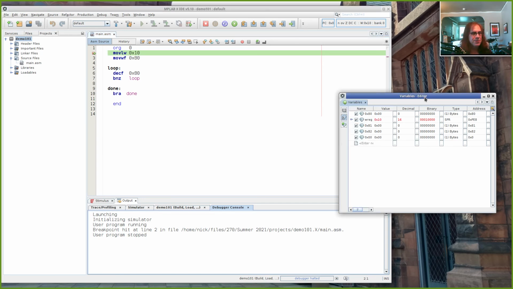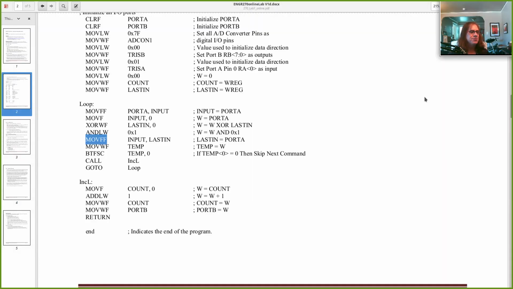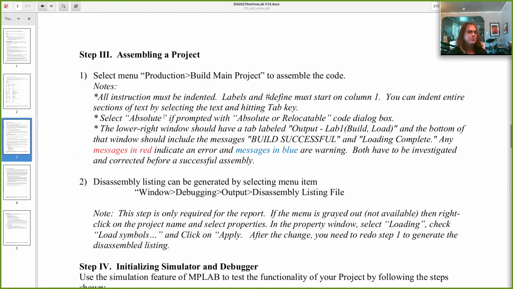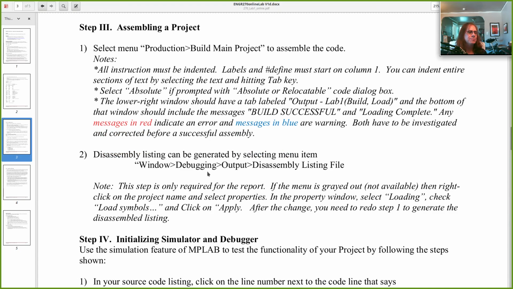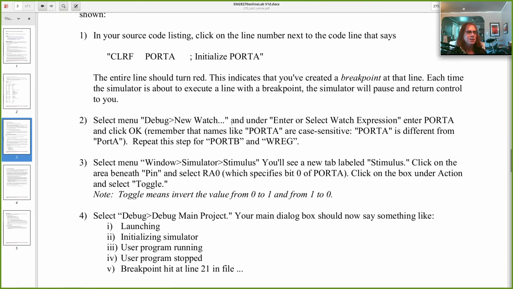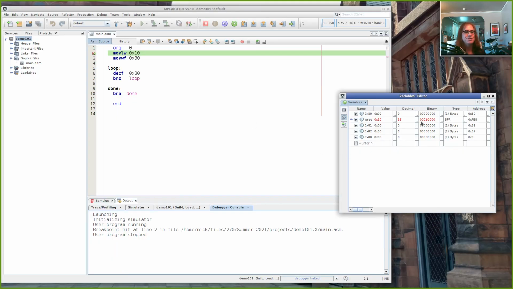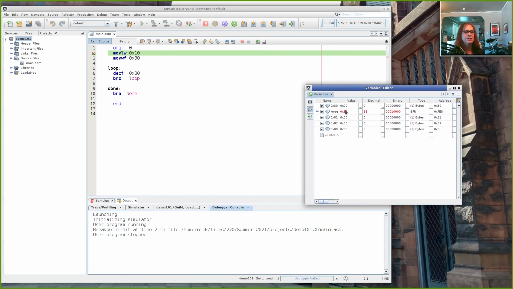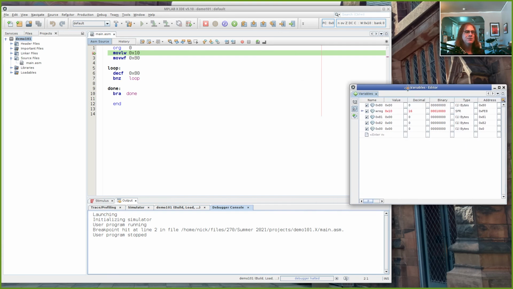All right, so the lab write-up tells you how to do all of these things, right? How to assemble it, how to set up what's called a watch point, and so on and so forth, which will do things like create this window that lets me look at the values of file registers. So you want to follow the steps of the lab, but just to give you an example of